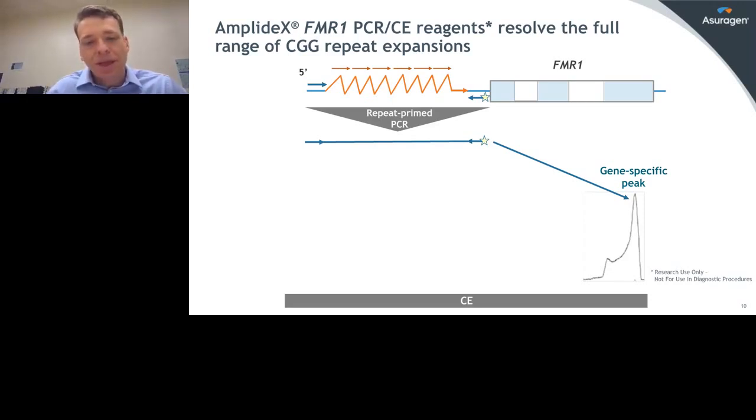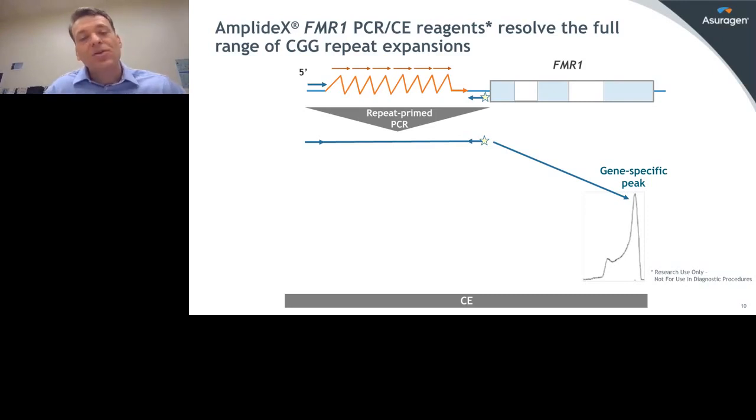So what this looks like on a capillary electrophoresis for fragment sizing is that you get 2 categories of peaks, the series of repeat prime peaks on the left, and then a gene-specific peak on the right. So let's break this down. What it looks like specifically is the combination of the 2 outward gene-specific primers will generate a full-length peak that spans the repeat. And even if constrained by the sizing of the platform, is not constrained by the PCR. So we can make very, very long products here.